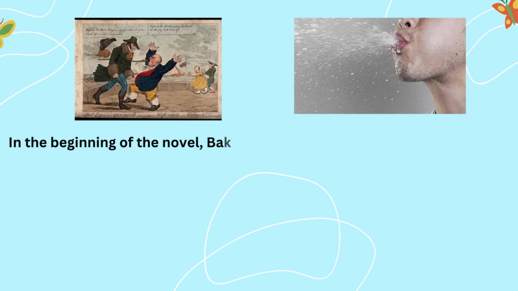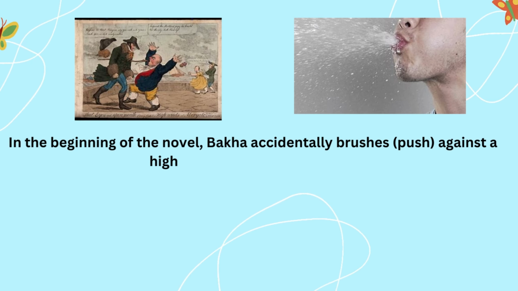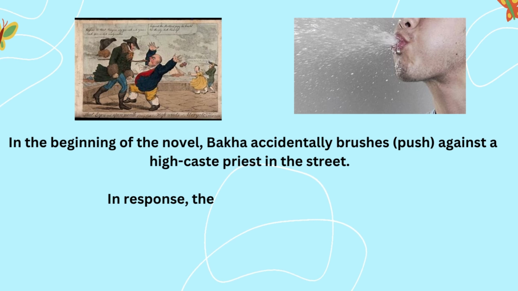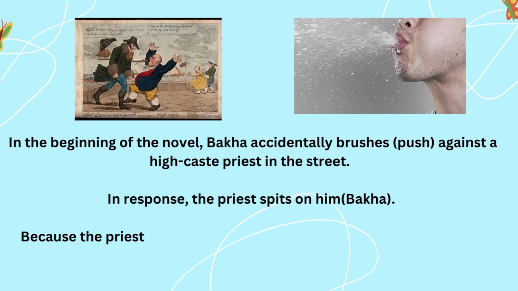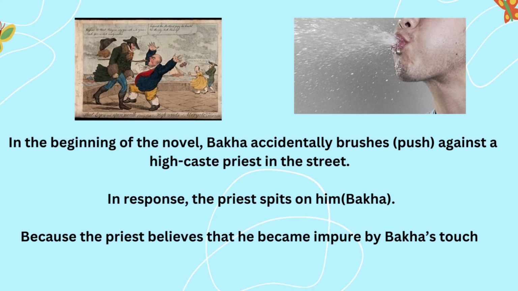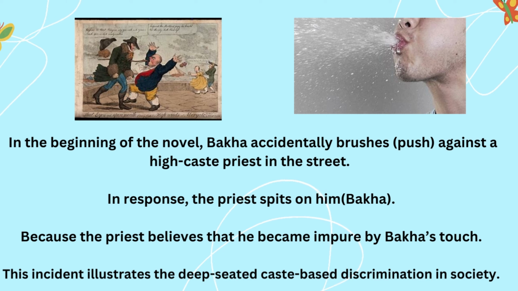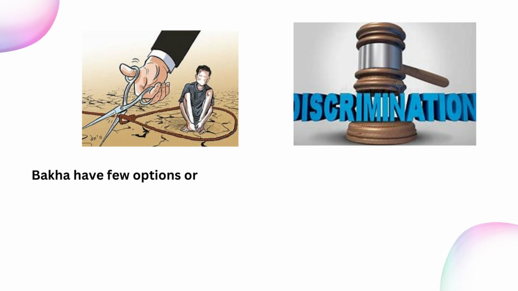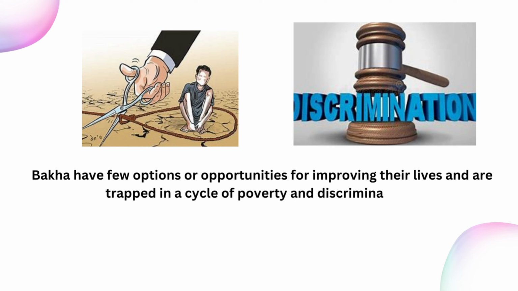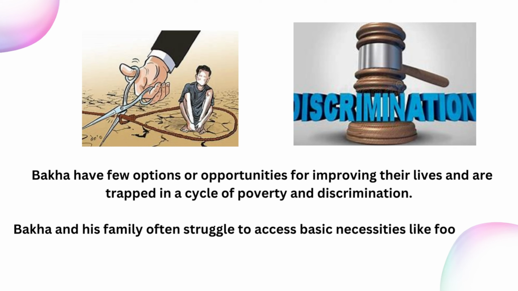In the beginning of the novel, Bakha accidentally brushes against a high caste priest in the street. In response, the priest spits on Bakha because he believes he became impure by Bakha's touch. This incident illustrates the deep-seated caste-based discrimination in society. Bakha and his family have few options or opportunities for improving their lives and are trapped in a cycle of poverty and discrimination. They often struggle to access basic necessities like food, clean water, and shelter due to their marginalized